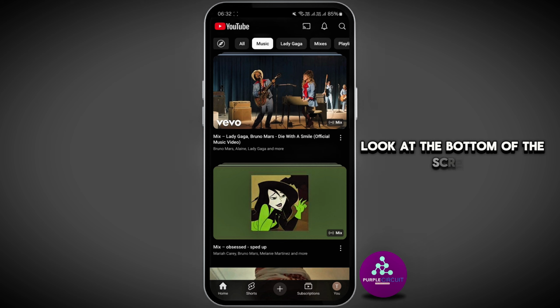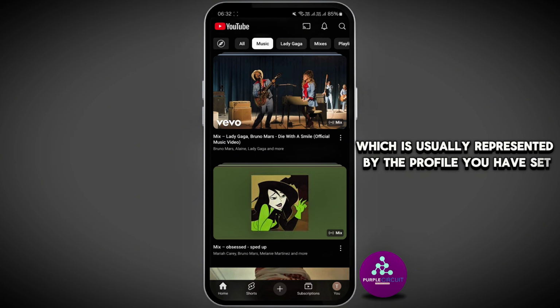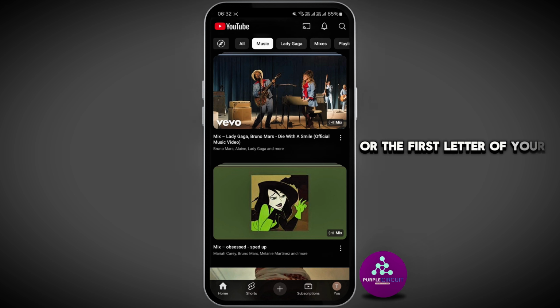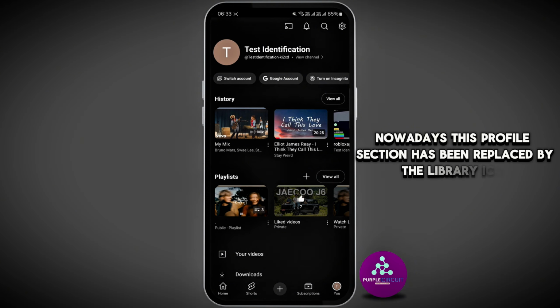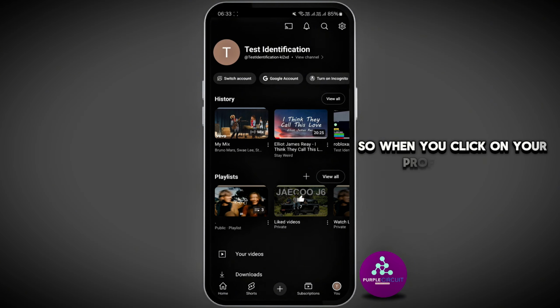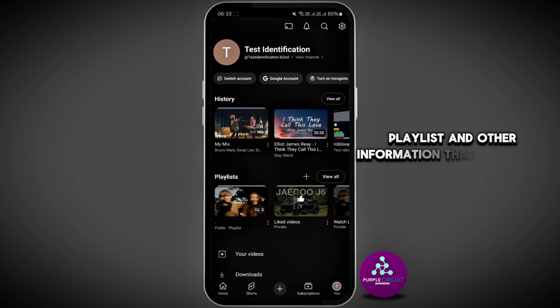Look at the bottom of the screen and you should see several icons such as home, shorts, subscriptions, and your profile icon, which is usually represented by the profile you have set or the first letter of your name. Once you tap on it, you will be able to view your profile. Nowadays, this profile section has been replaced by the library icon. So when you click on your profile section, you'll find your history, playlist, and other information that used to be